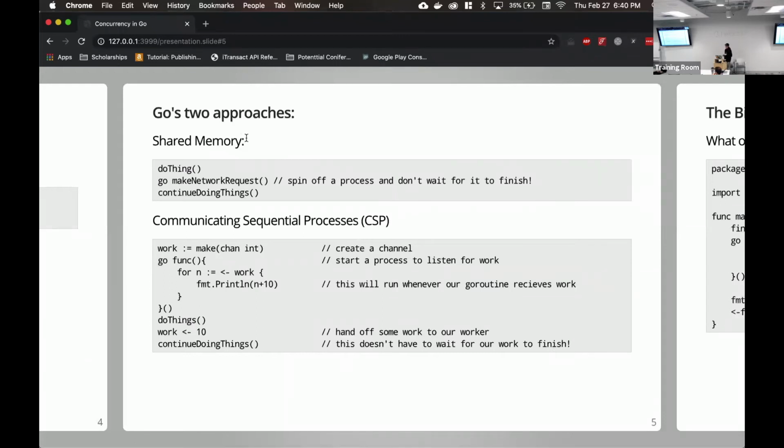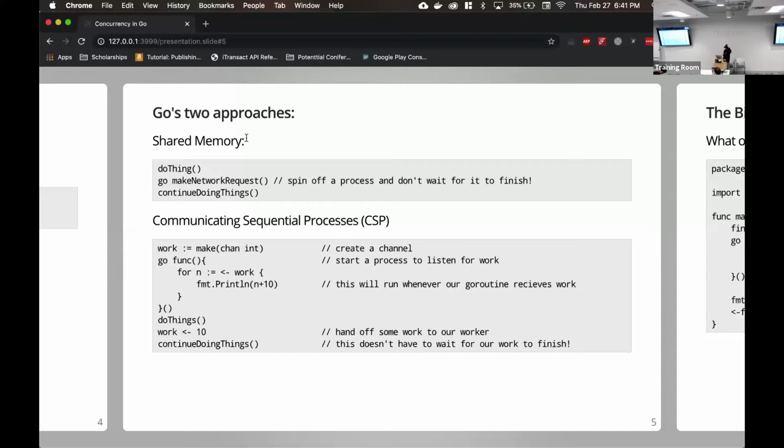And you go off and you do your thing, it spins off a process, and it runs it on the Go routines. The Go routine scheduler picks it up and runs it. And you can continue doing things as if nothing really ever happened, and make network request is often doing its own thing.